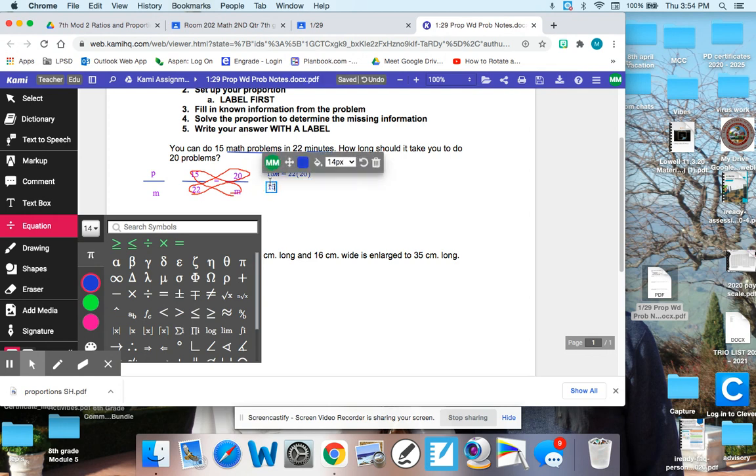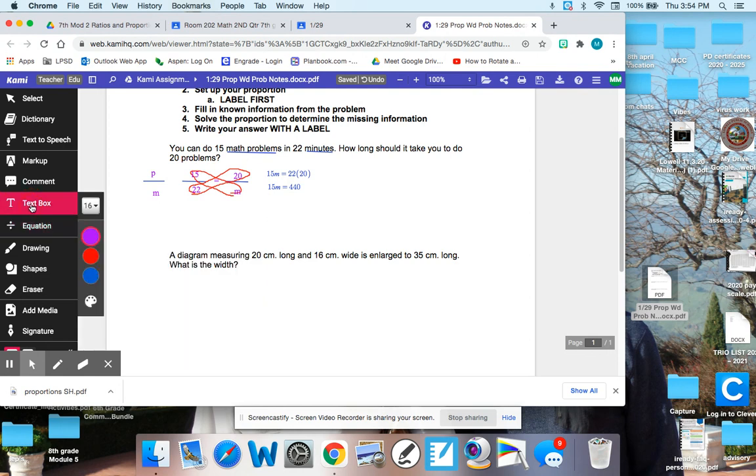We have 15M equals 22 times 20 is 440. Now we know that we need to divide both sides by 15. So if we divide both sides by 15,